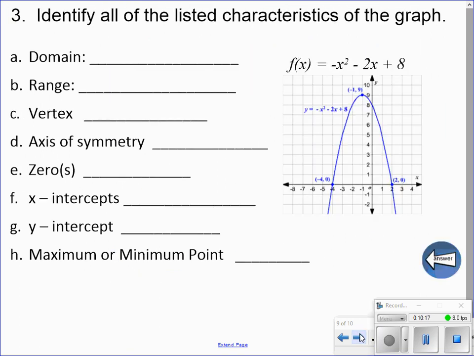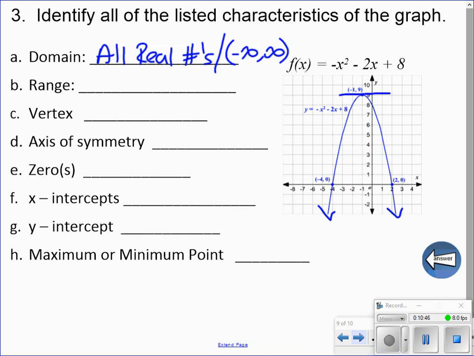Example number 3, our domain, again, if the arrows are not there, and we're not looking at a real-world problem, it's indicated that it's there. Our domain, again, for this one goes from negative infinity to infinity, so that's all real numbers. Most of the time, when we're talking about quadratic graphs, the domain will be all real numbers, or negative infinity to infinity. Our range this time, we're starting at 9,